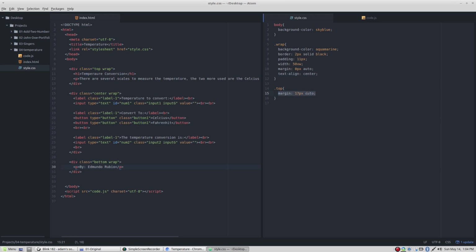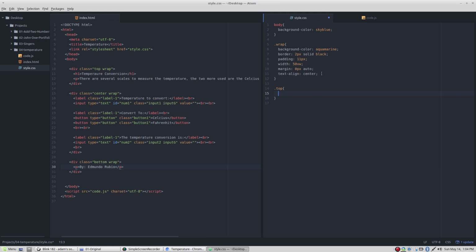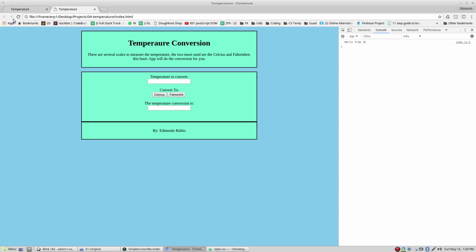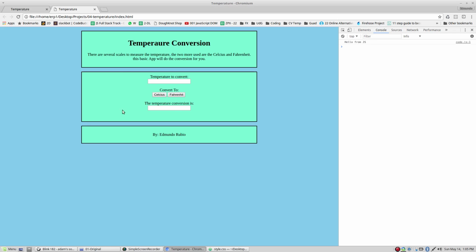To do this, I'm going to cut this part right here and put it in the wrap class. Save the changes and refresh. And now it happened. I'm going to delete the one that says stop because we don't really need it right now. And right now we have a very basic structure where we're going to be able to start work